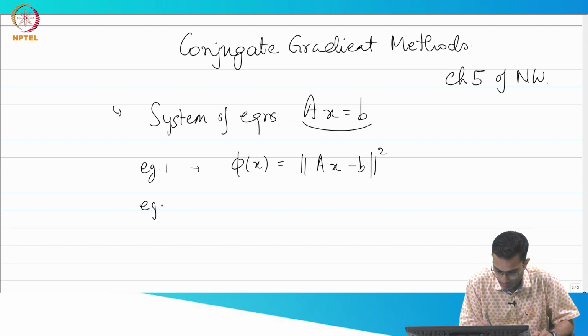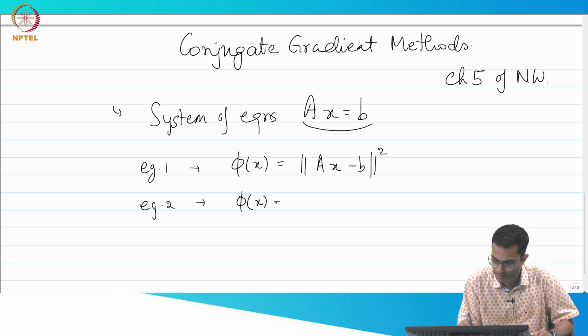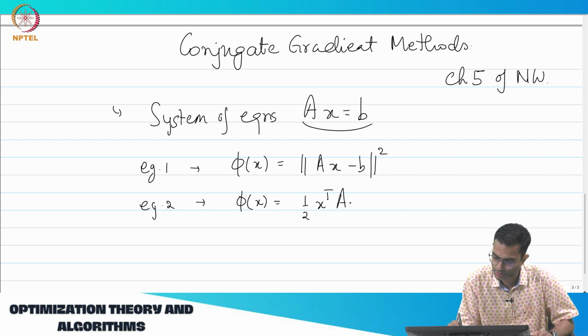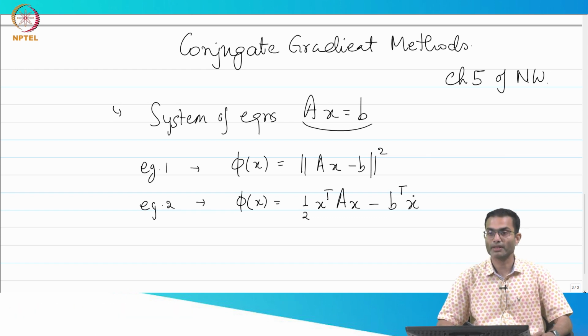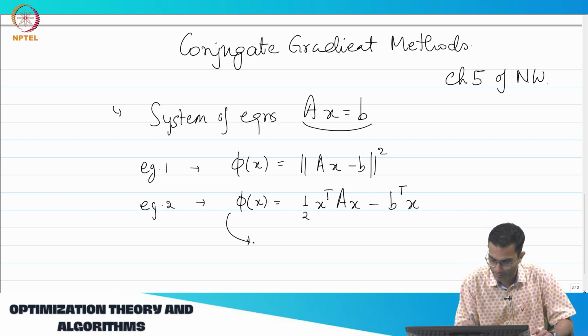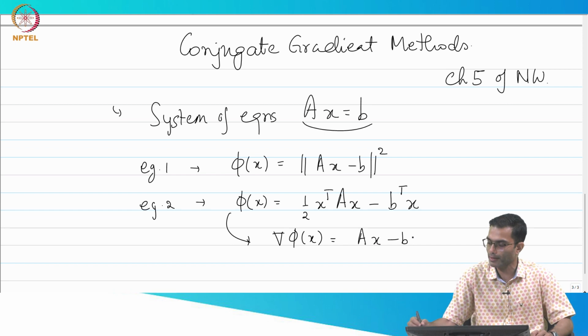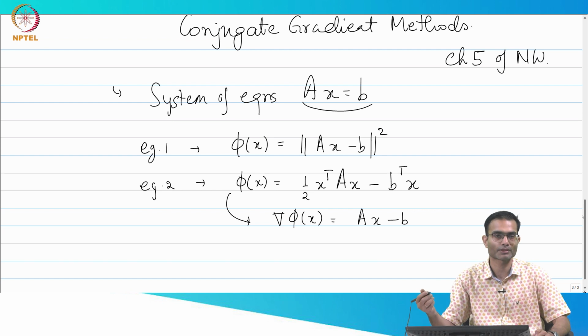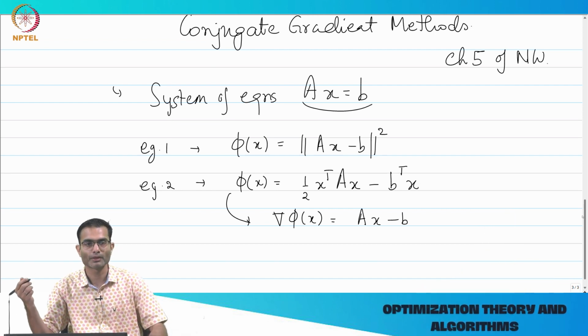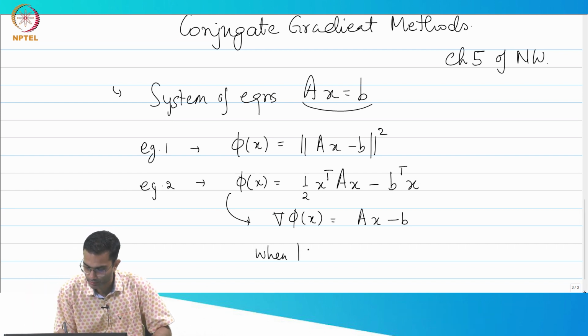Okay, that's example number 2. So he's saying phi x is equal to 1 by 2 x transpose Ax minus B transpose x. That is also correct. Why is this correct? Right, when I take the gradient of this expression, what will I get? Right, so if I do grad phi of x, I'm going to get Ax minus B, and we know that when we are in an optimization problem, we are looking for a stationary point. A stationary point is defined as a point where grad f x is equal to the 0 vector, right? So when